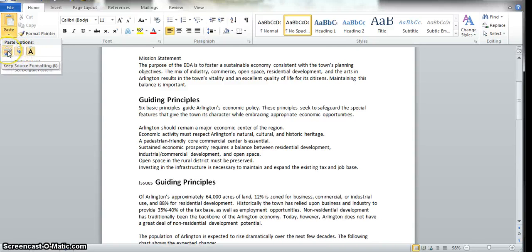I have my choice of how I want it pasted. If I want it pasted exactly the same, there I go. So that's your copy and paste and your cut and paste. Now, if you have